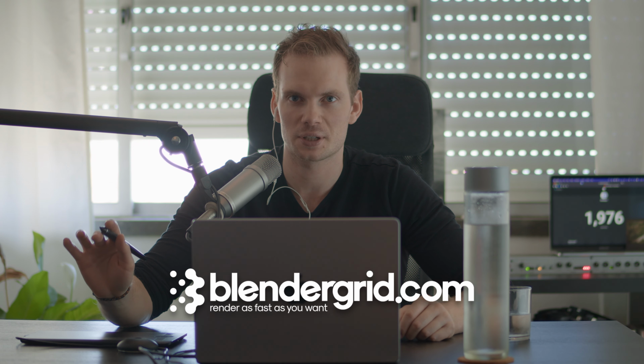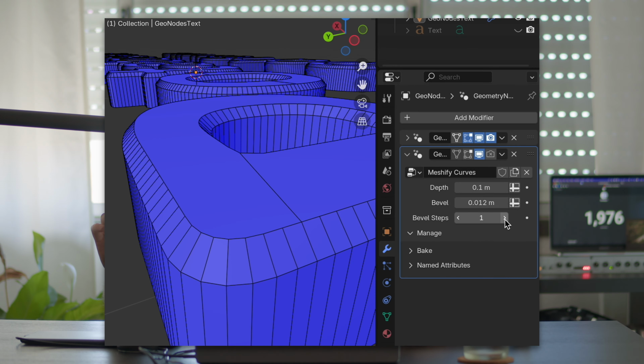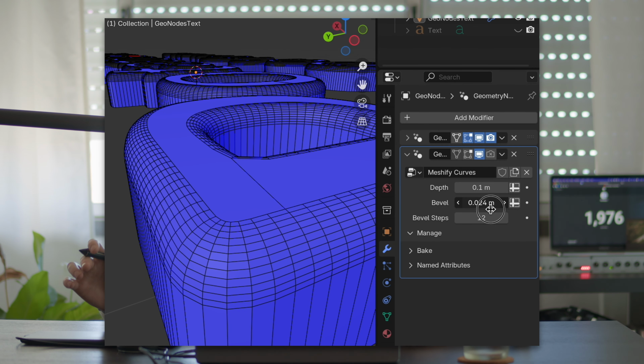Welcome back to the series of text in Geometry Nodes. This is part 3, and in part 3 we're going to look at rounded multi-level beveling, completely made from scratch